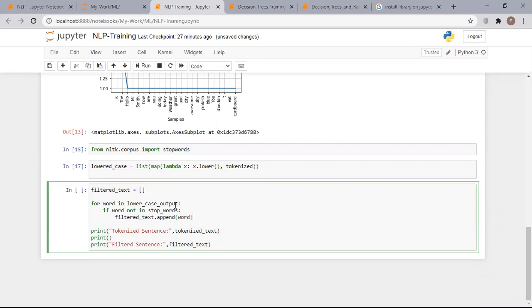And then we have said for, okay, we have to change a few things here. So for word in lowered case, so lowered case is that list that we have created that has all our words in small letters. The for loop picks each and every element within your list. So for each and every word that is within the list lowered case, if word not in stop words,